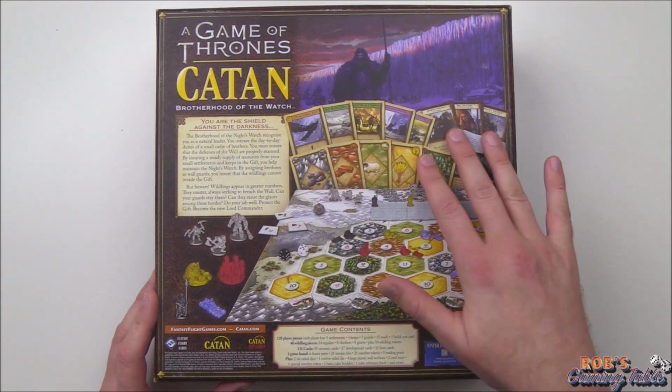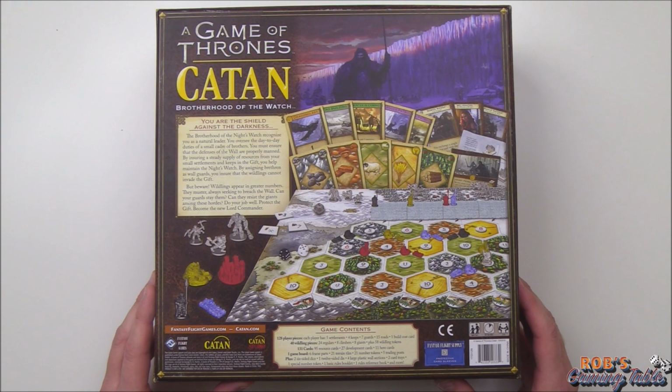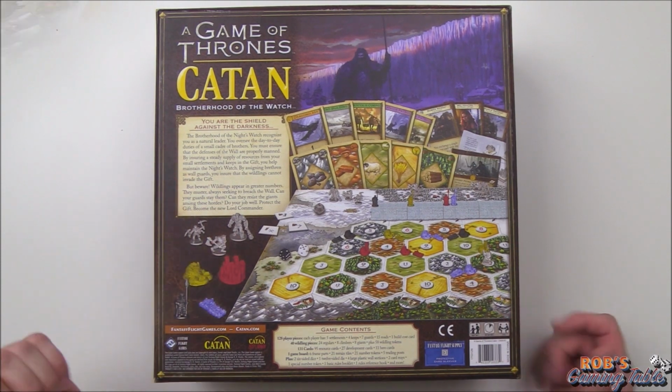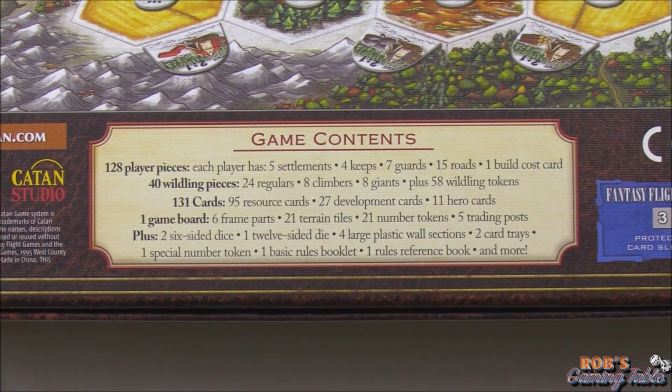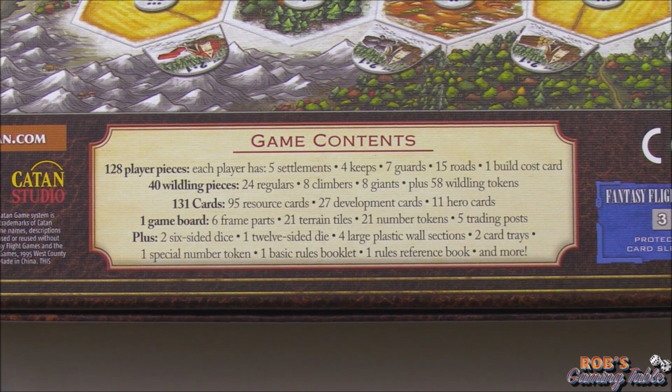And you see lots of the resource cards here. Some cool art I recognize from the card game there. Supposedly big boards in here and lots of little plastic bits. So here you see 128 player pieces like I was saying. Each player has 5 settlements, 4 keeps, 7 guards, 15 roads, 1 build cost card, 40 wildling pieces, 24 regulars,